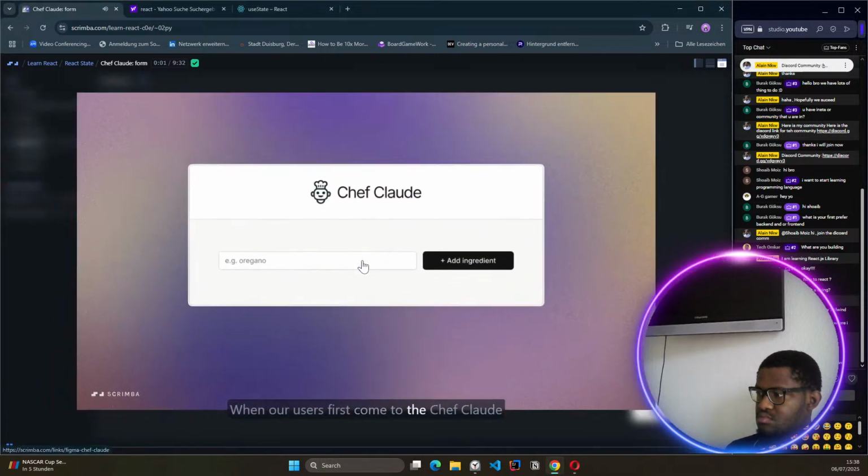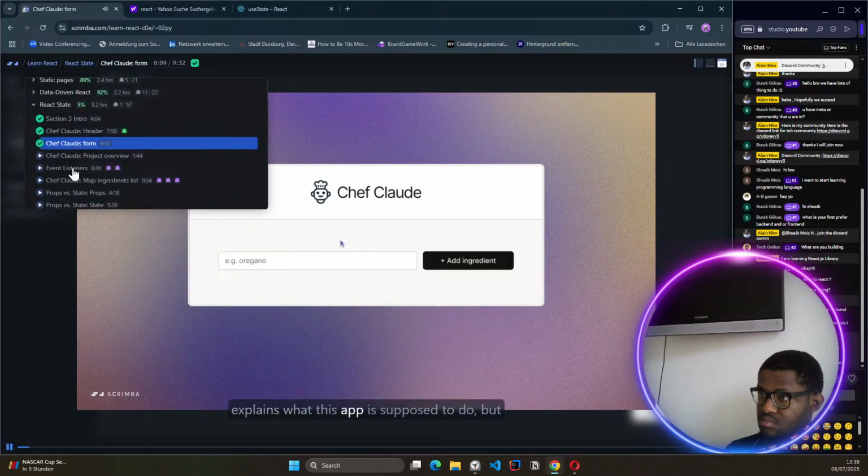When our users first come to the Chef Cloud app, they're just going to see the header and this little form here. We might decide to add a little blurb that explains what this app is supposed to do, but for now,